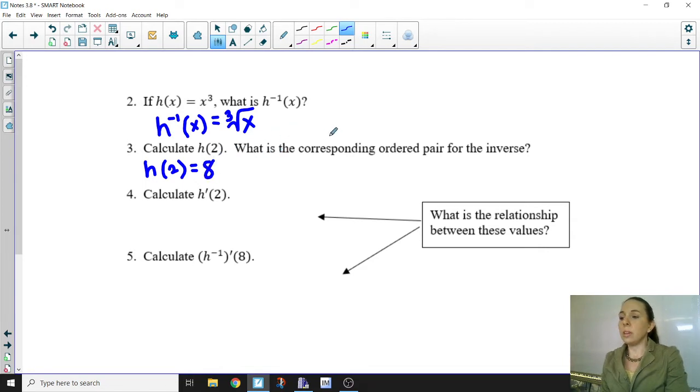Next question, what is the corresponding ordered pair for the inverse? Well, one thing about inverses and ordered pairs is that they're switched. The x's and y's are switched, meaning if this is an ordered pair, 2, 8, okay, again, this means we have when x is 2,